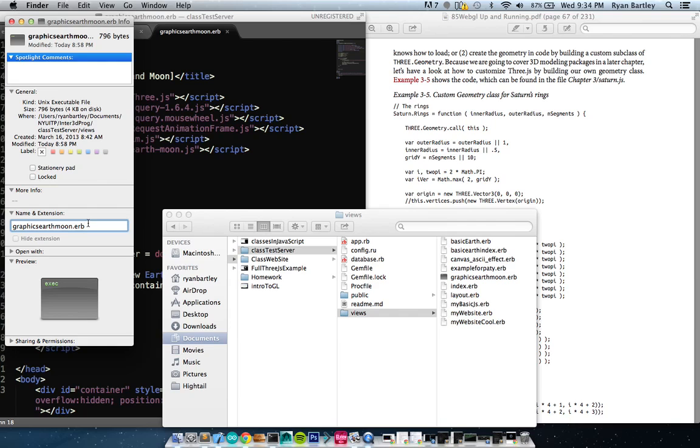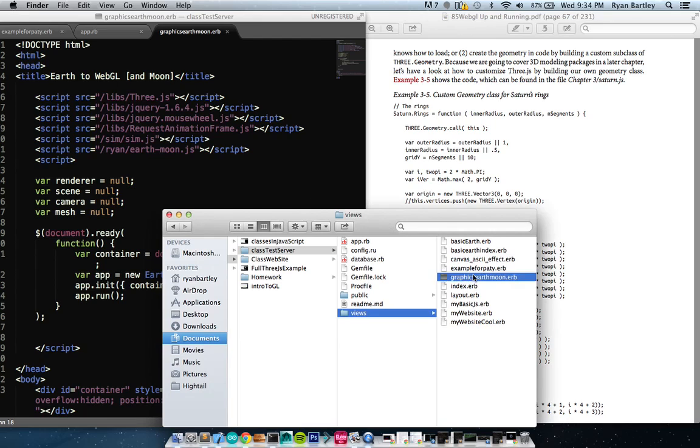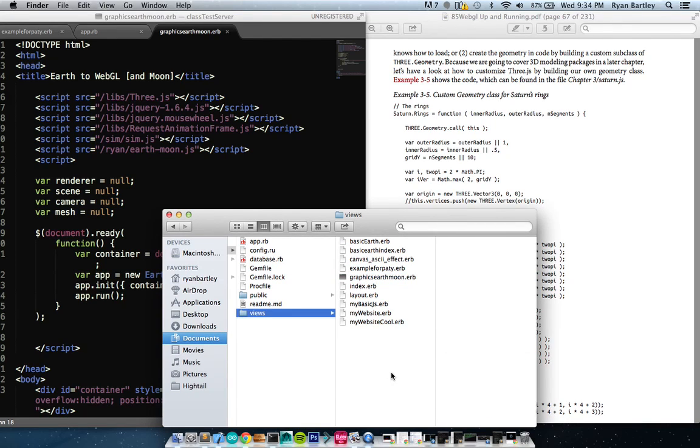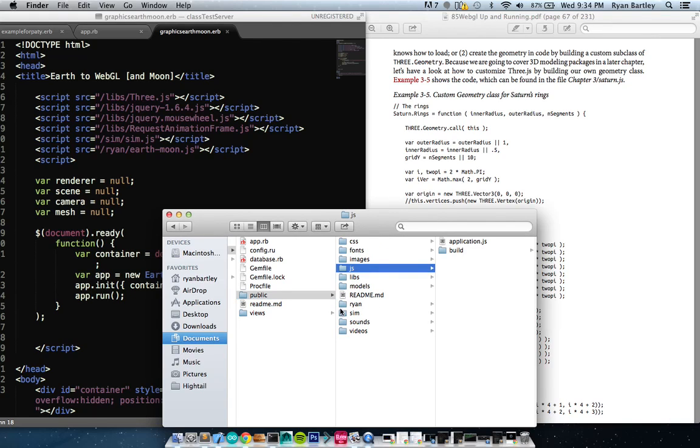But don't try to do it in the Finder, because it won't let you rename the HTML. Yeah, get info and then rename it in there. It's going to ask, are you sure you want to change from HTML to ERB? And you're going to say, yes, I do want to. And then in the public alley file, you'll